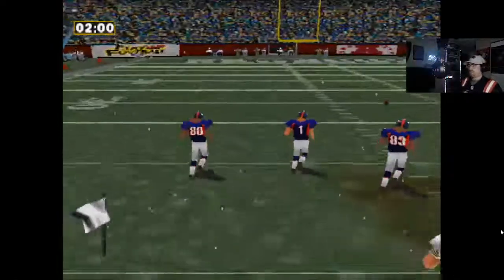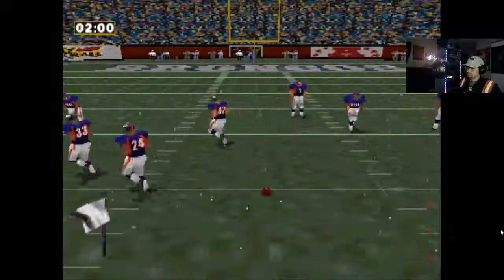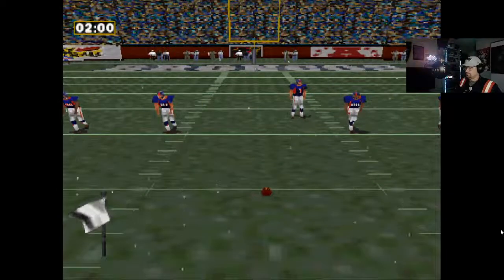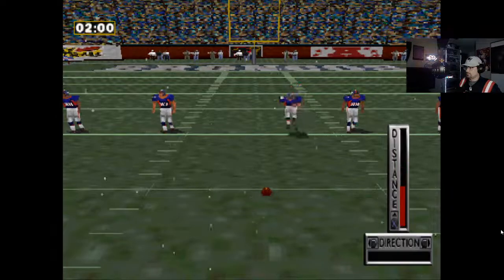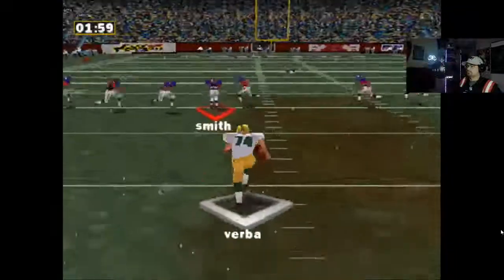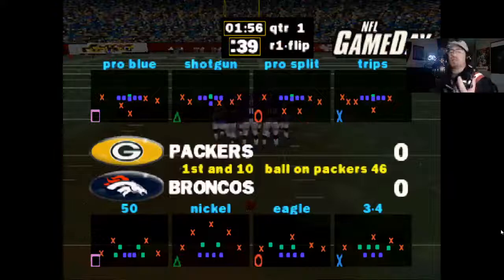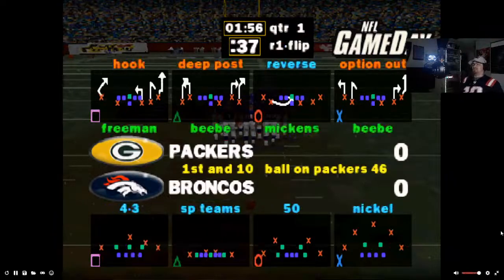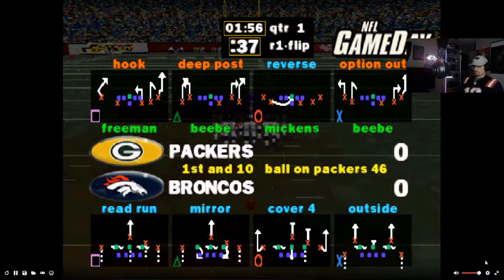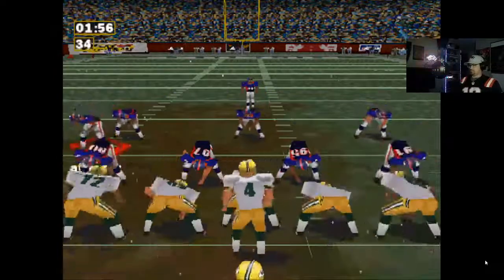The Broncos will defend the north goal. First and 10 on the 46-yard line.